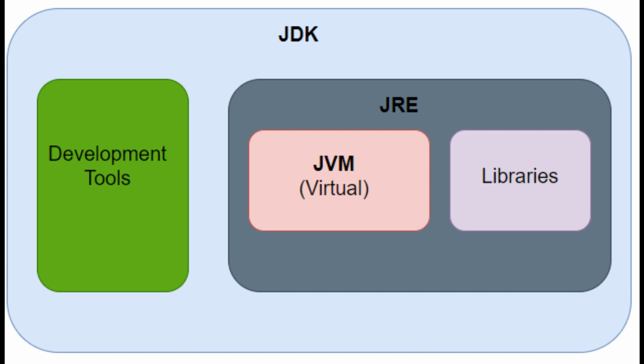Next, let us discuss about Java runtime environment. The Java runtime environment contains JVM and the Java standard library. JVM stands for Java Virtual Machine that enables the computer to run Java programs. And Java Standard Library, it is a set of dynamically loadable libraries that Java application can call at runtime. Java platform is not dependent on specific operating system, and hence application cannot rely on any of the platform native libraries. So the Java platform provides a set of standard class libraries containing functions common to modern operating system.